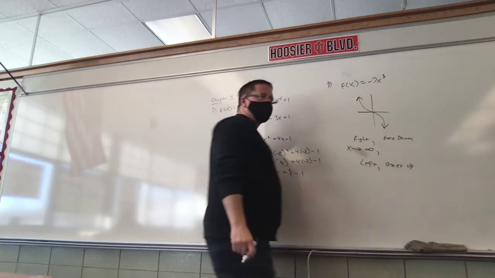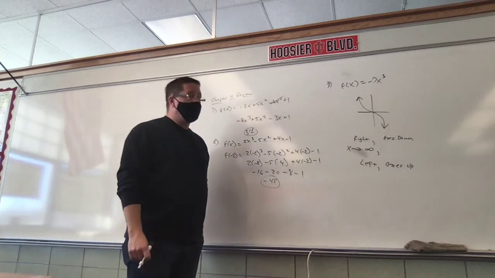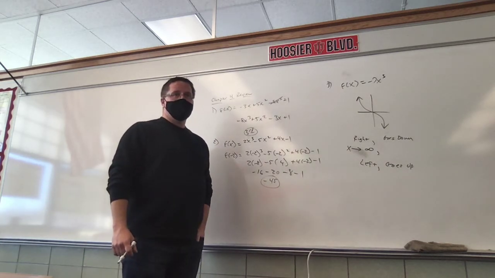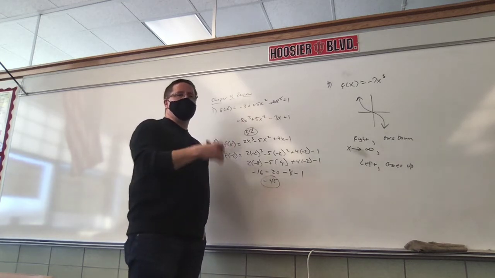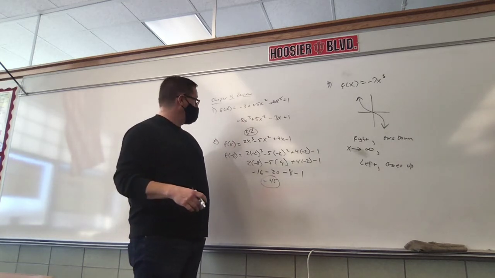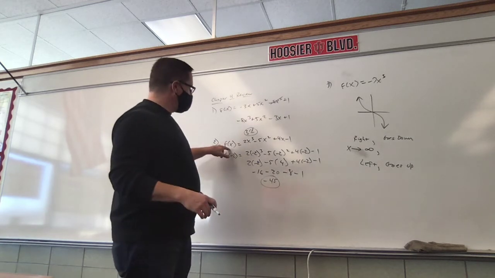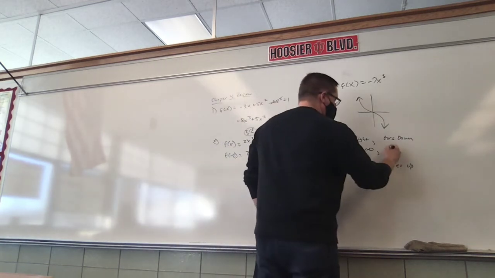Up and down isn't X. It's Y, but I don't want you writing Y. What else could I replace Y with? Usually we place Y in for something. When we see something, usually we cross this out and put a Y there, and it's on the board here already. F of X. F of X is the same as Y. F of X,